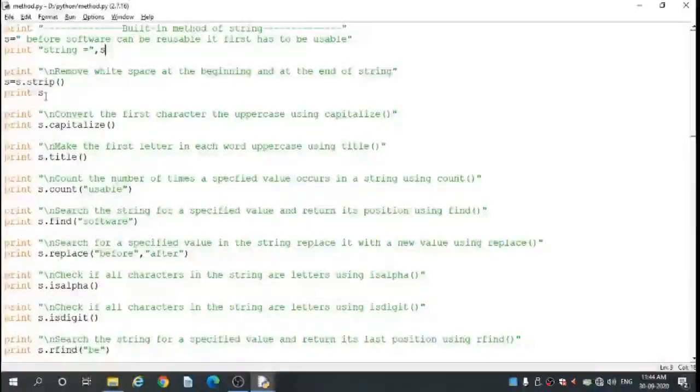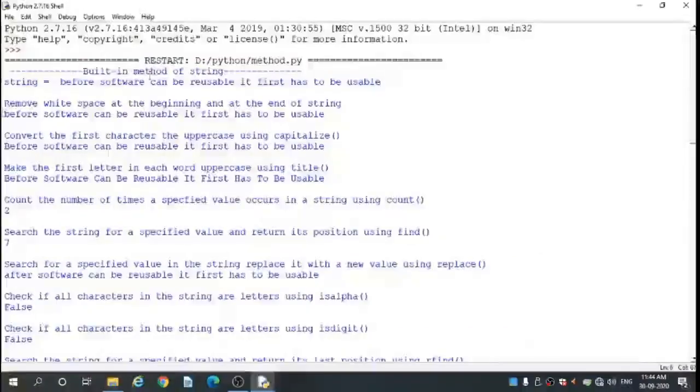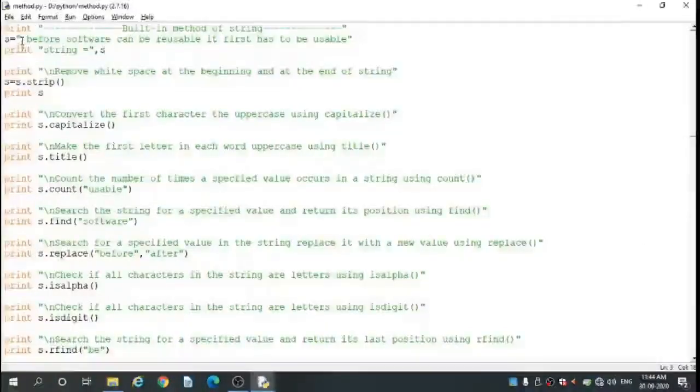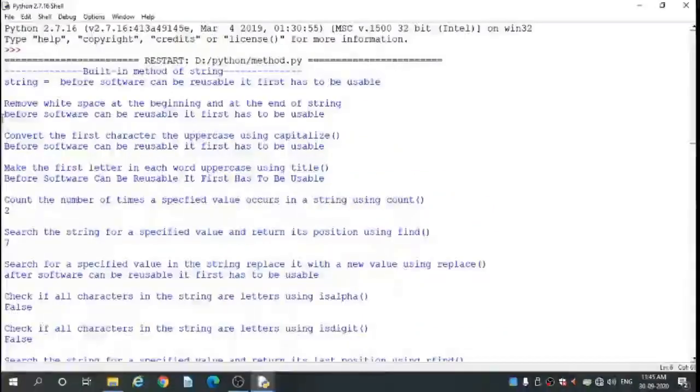So here print. Students, you see in the string I gave one space before "Before software can be reusable, it first has to be usable." In the output, the white space at the beginning is removed.